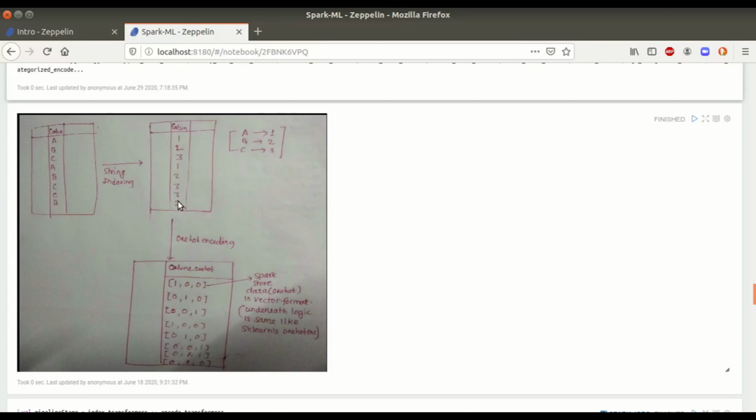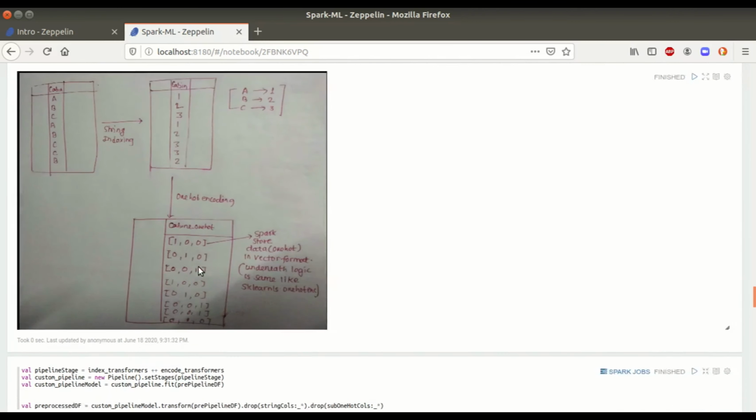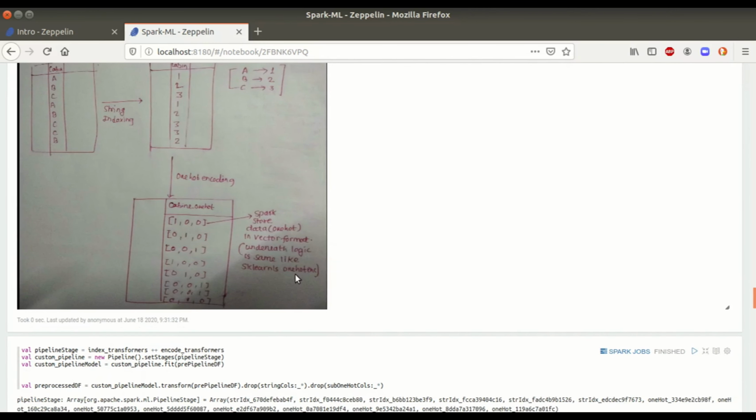I have tried to show a vector here. There are 3 distinct categories in my example. For each category, let's say on this particular example, I had 1, so only the first member of this vector is marked as 1 and the rest of them are 0. This is the one-hot encoding processing which happens.